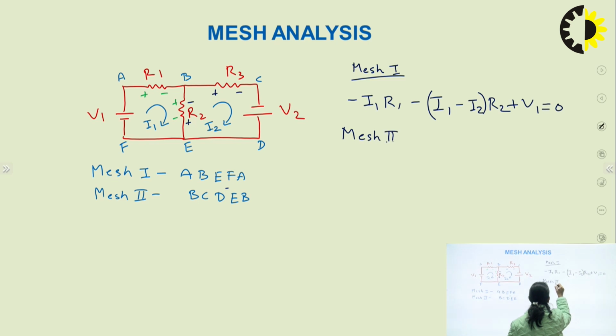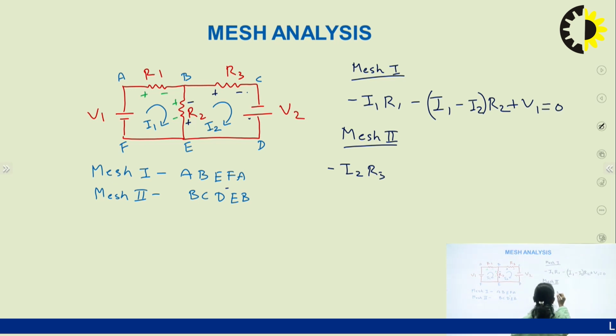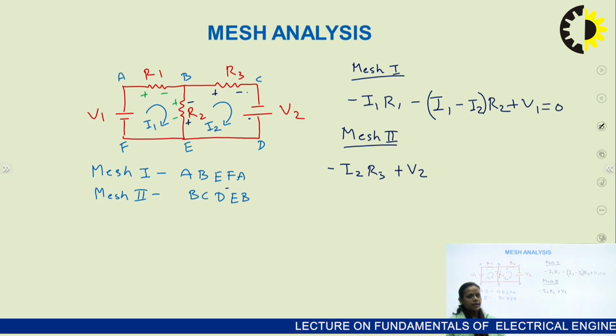Now writing the equation for mesh 2. In this R3, you can see that I2 current is flowing and I am going towards the drop. So you will write minus I2 R3, and now coming to this voltage source, I am going towards the rise, so I will write plus V2. And again this R2, when I am coming to the R2, both these currents, I2 and I1, are flowing in R2